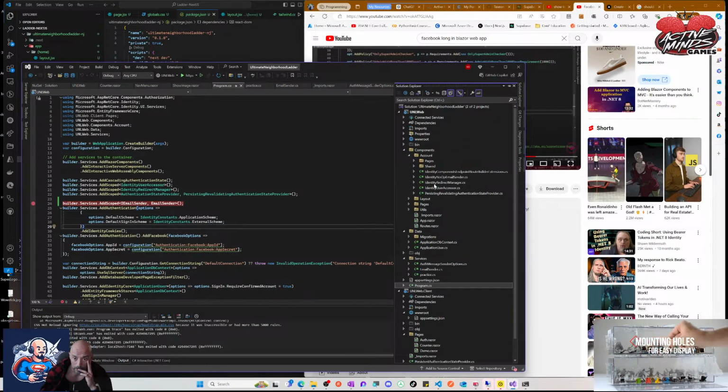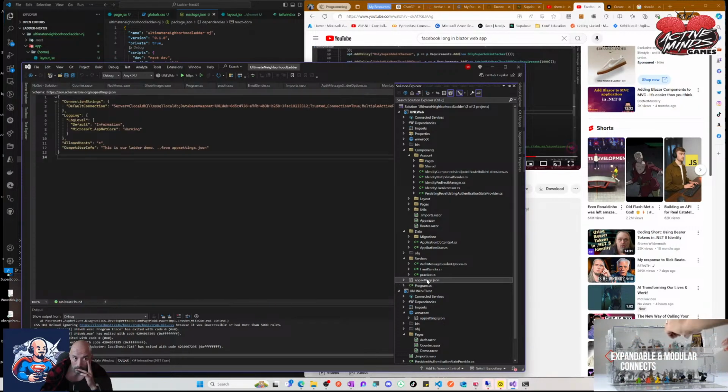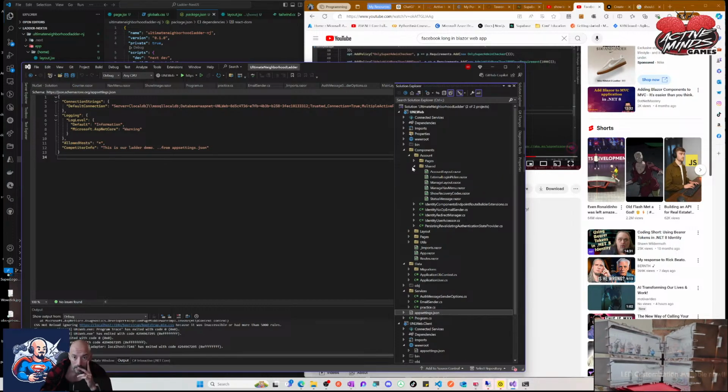Dang it, where did I put those? Is it app settings? Default connection, multiple login. This is our ladder demo from app settings. JSON, information warning, new. I know, as I thought I knew,